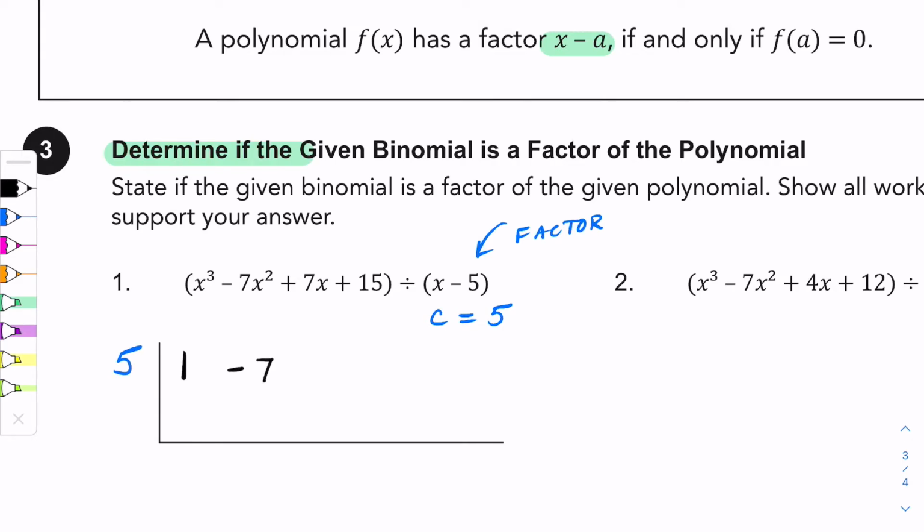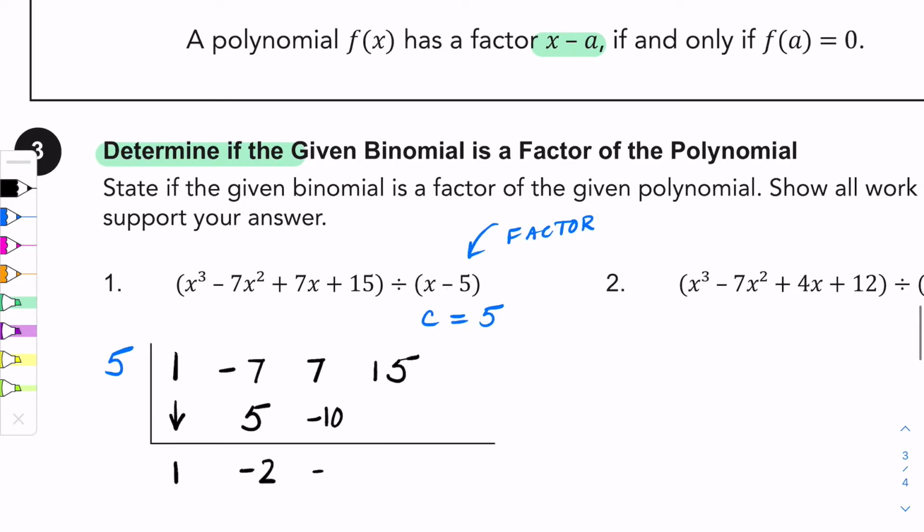One, -7, 7, and 15 for our coefficients. Bring down the 1 and start the process. 1 times 5 is 5. 5 plus -7 is -2. Negative 2 times 5 is negative 10, plus 7 is negative 3, times 5 is negative 15, plus 15 is